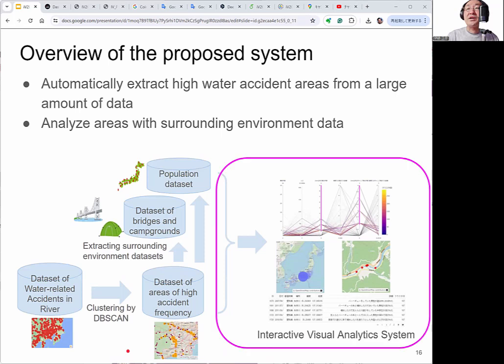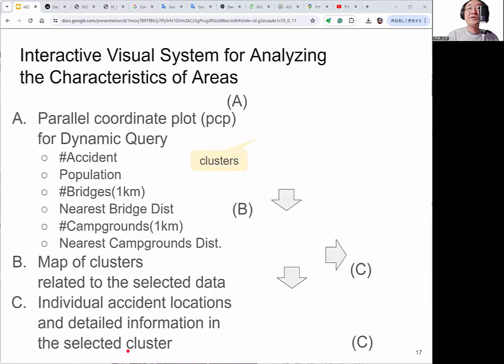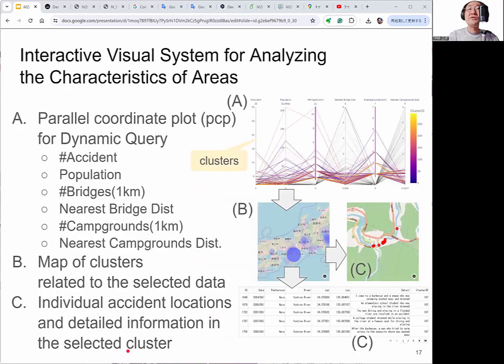Then next, I will introduce our interactive visual analytics system. In this system, we use parallel coordinate plots for dynamic query. We can filter clusters by using PCP. In PCP, each line represents a cluster, a hotspot.